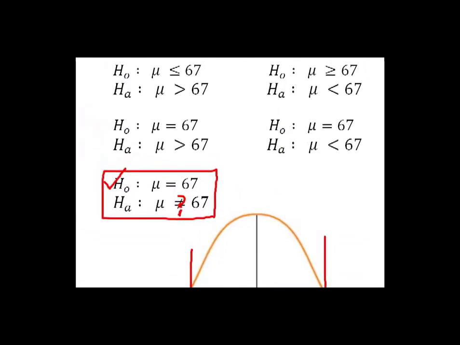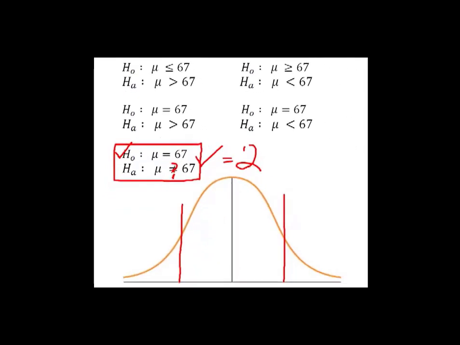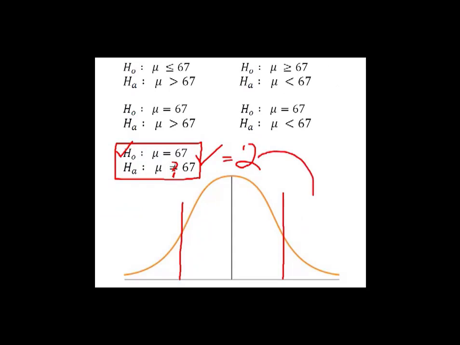This pair of hypotheses right here is always two tails. And because it's two tails, I've got two rejection regions. I've got one up here in the positive end of the curve. I've got one down here in the negative end of the curve. So I could end up with this being a positive